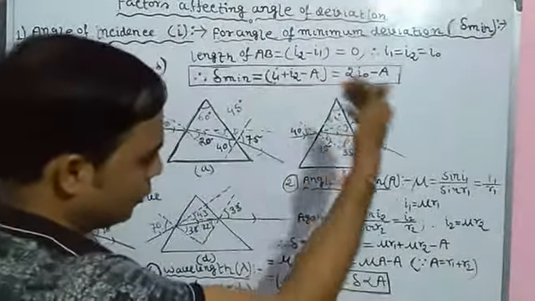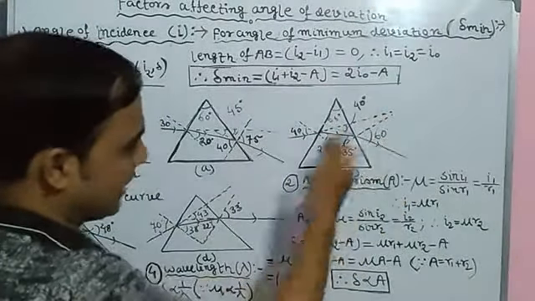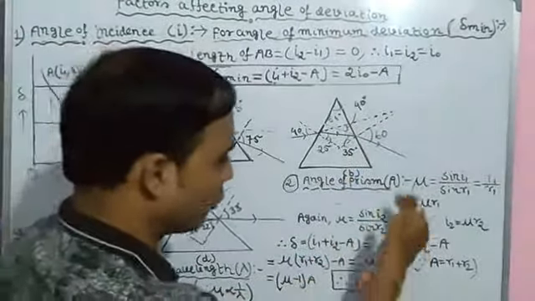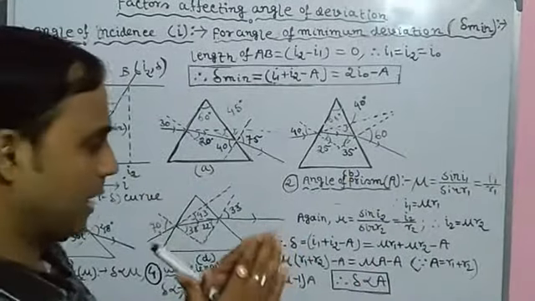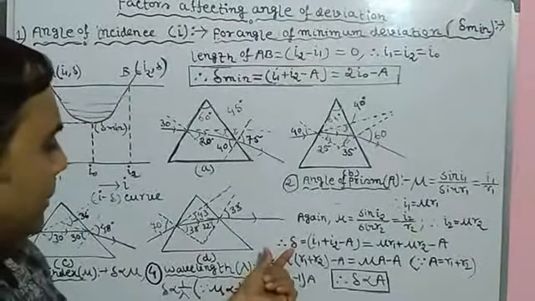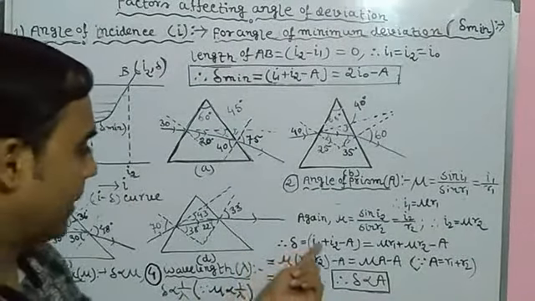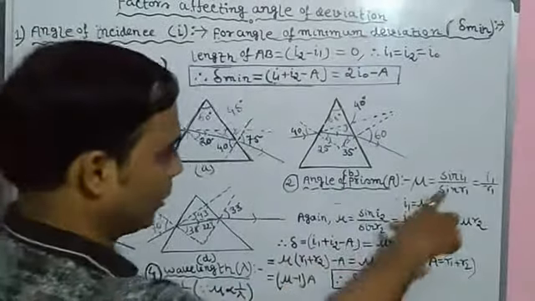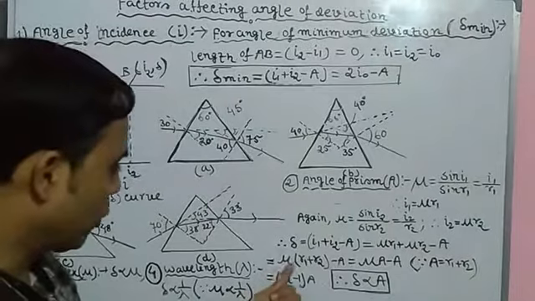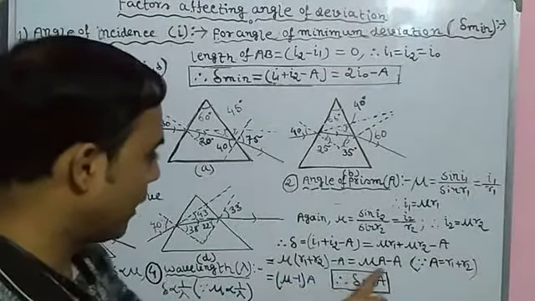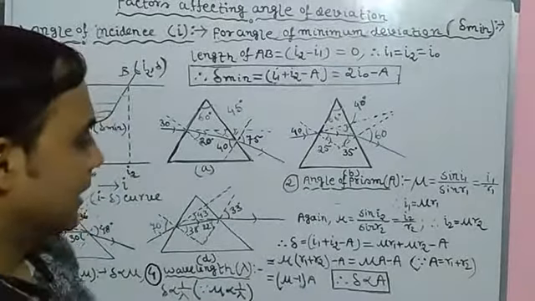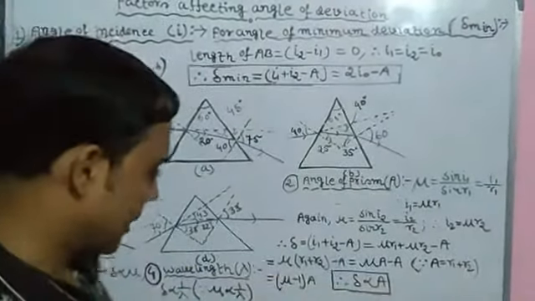Again, due to refraction of light at the second surface, mu is equal to sine I2 by sine R2, which again equals I2 by R2, since for a thin prism the angle is small. So I2 equals mu R2. Now we put the values into the deviation formula, I1 plus I2 minus A, that is mu R1 plus mu R2 minus A, which is mu times (R1 plus R2) minus A. We have already learned in the previous video that angle of prism equals R1 plus R2, so this is mu A minus A.